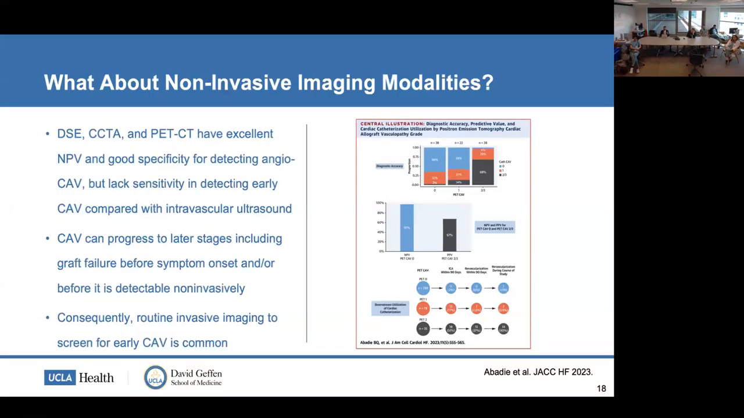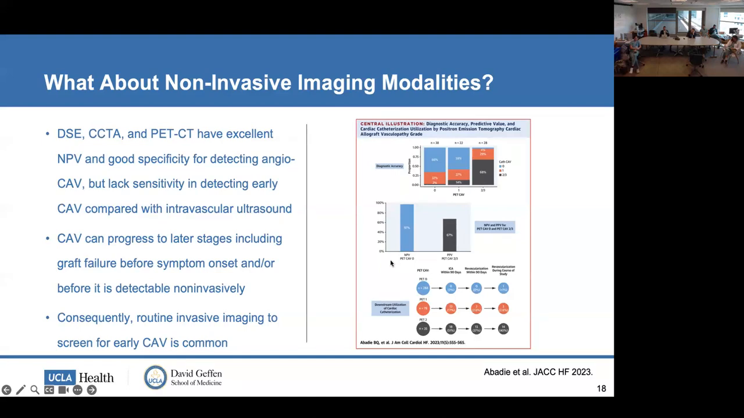So the first question is, well, what about non-invasive imaging modalities? Well, dobutamine stress echo, coronary CT, PET CT, they all have excellent negative predictive value and good specificity for detecting angiographically defined CAV, but they all lack sensitivity in detecting early CAV compared with IVUS. And as I just showed you, early CAV portends worse outcomes. You can see here on the right, this is a paper from this year in JACC Heart Failure showing PET CT having, again, a great negative predictive value, but only modest positive predictive value for CAV 2 and 3, which is